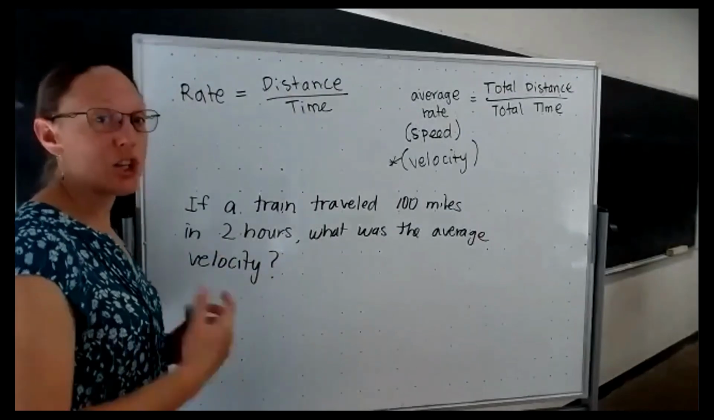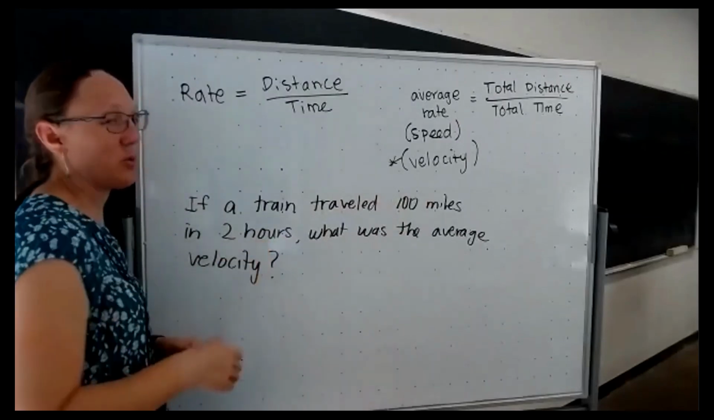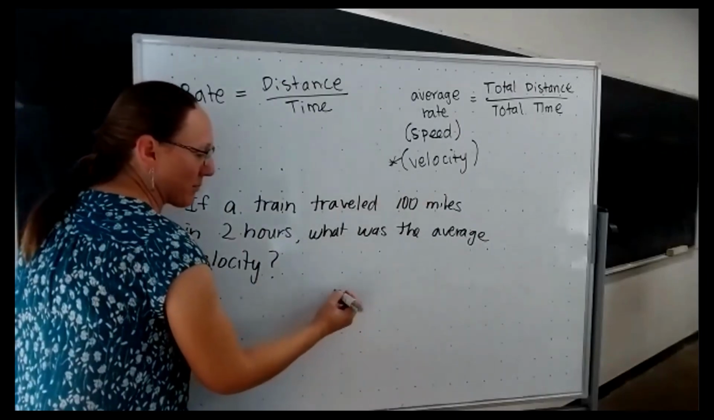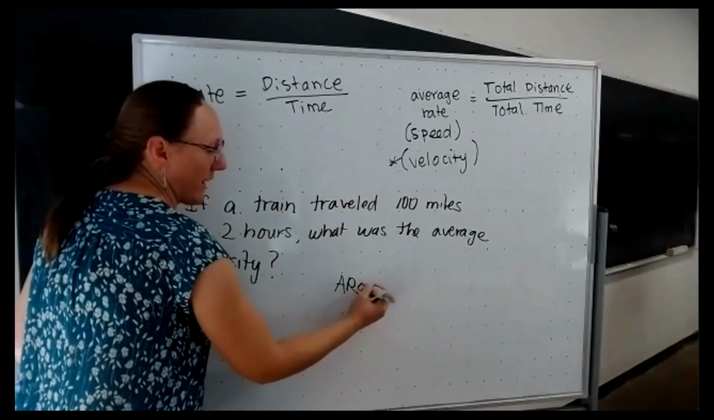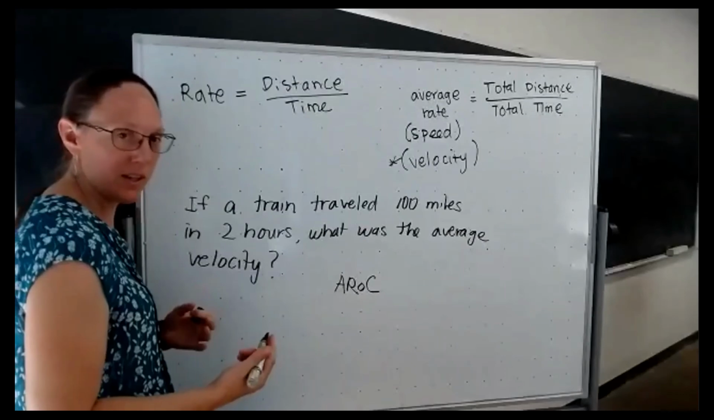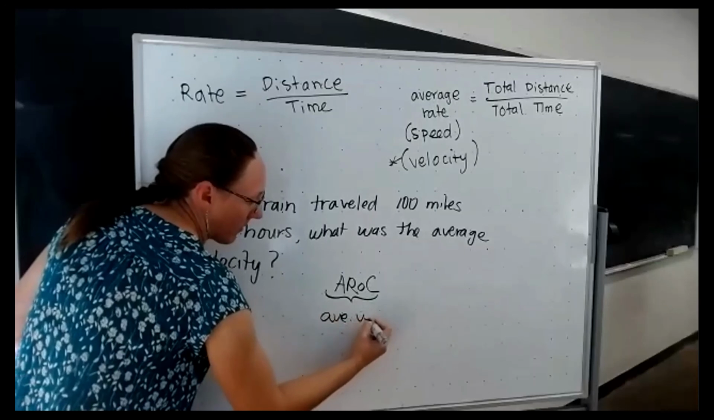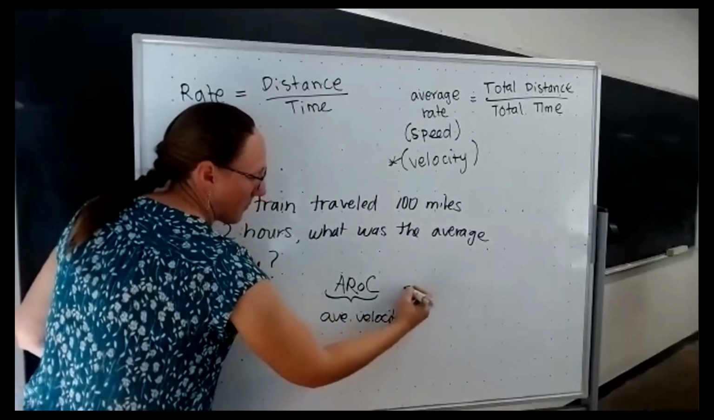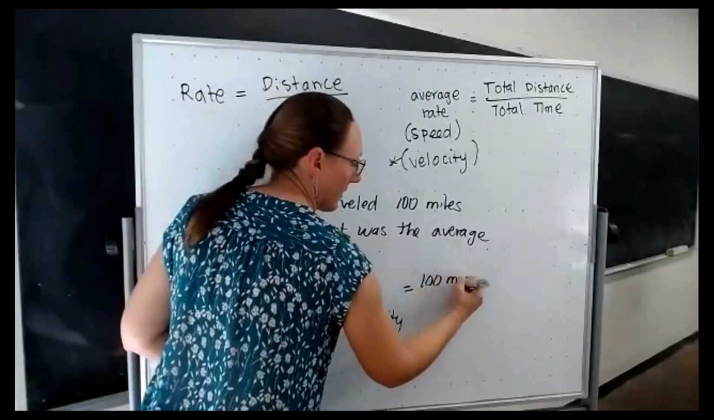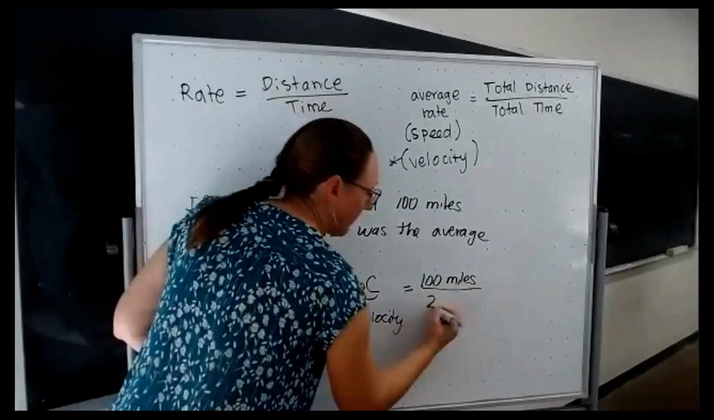That's saying the total distance that it traveled was 100 miles. The total time it took was 2 hours. So my average velocity, which is sometimes written as the average rate of change. That's just a little acronym that we'll see in calculus sometimes, but it means the average velocity, is equal to that total distance we traveled of 100 miles